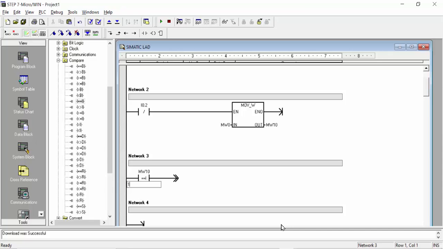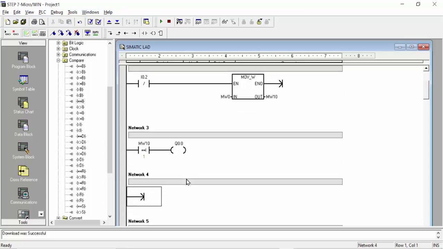For example, I will make the output any which you want, for example Q0.0 I will choose. This will be the main relay which I would like to make the on and off control, and